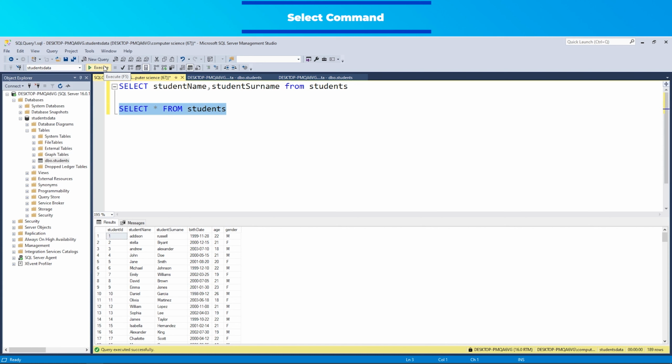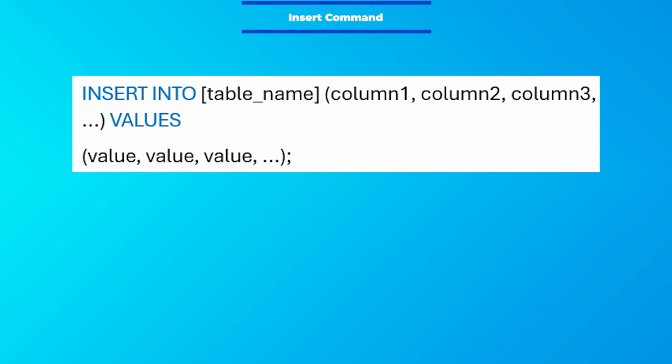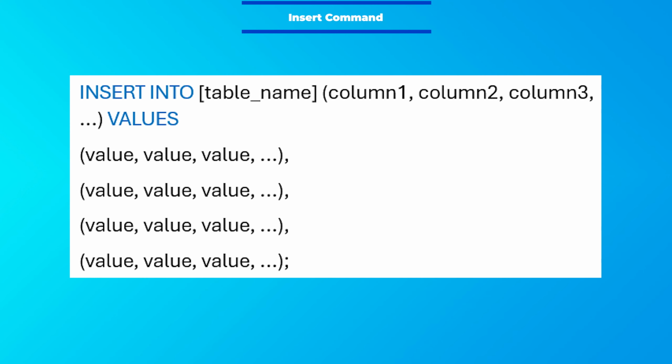If your database is not selected, you should specify which database you are querying from, like this. The insert command allows us to add data to a table using SQL. After the insert into command, we write the table name followed by the columns where data will be added. Then, after the values keyword, we write the corresponding values for each column. If the command is written like this, it adds a single row to the table. You can define multiple row values after the values statement.